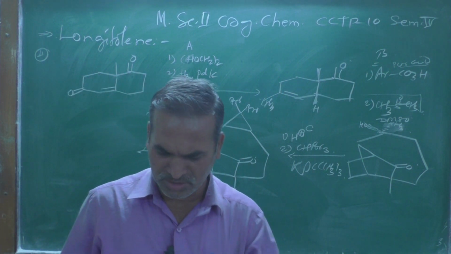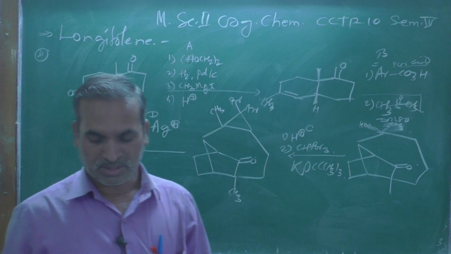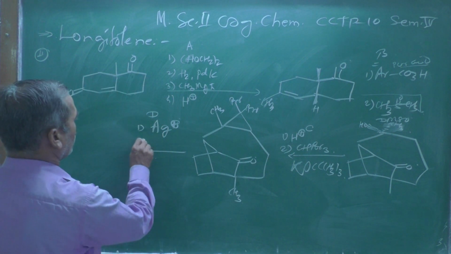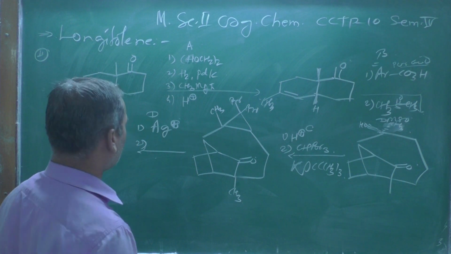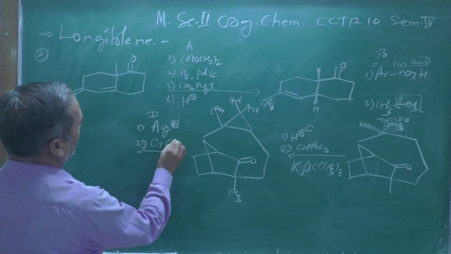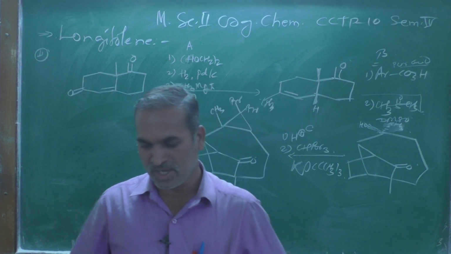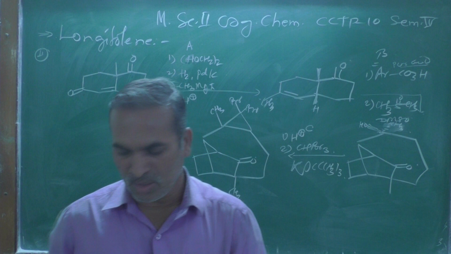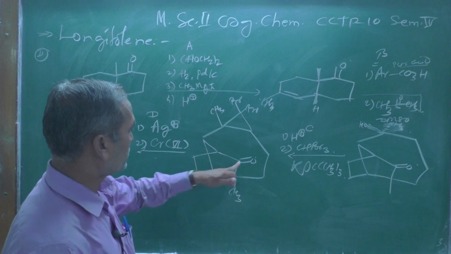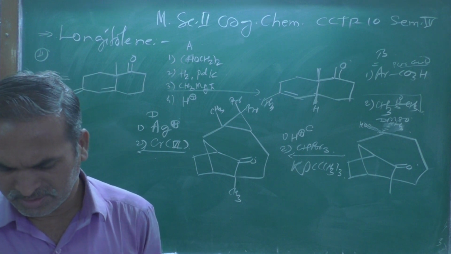What are those D reagents? Let us see one here. Here is Ag plus, silver is added over there, and the second one will be Cr 6, that is chromium 6, which is a strong oxidizing reagent. What will it do? It will oxidize this hydroxy group over there, and Ag plus,